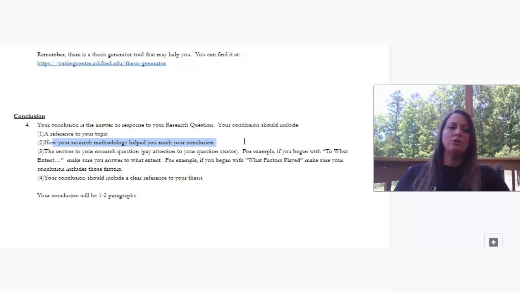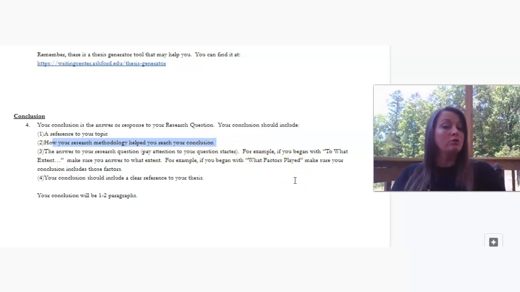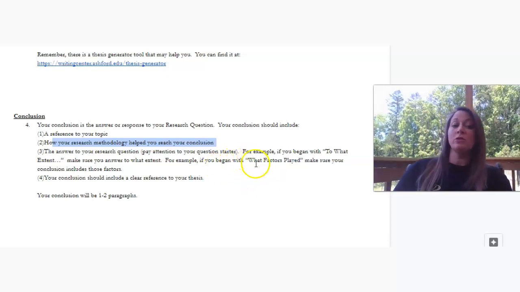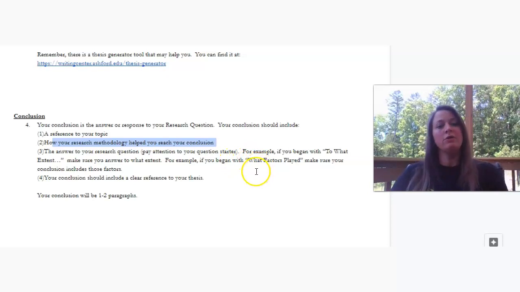And then the answer to your research question. Pay attention to your question starter. For example, if you started your research question with "to what extent," then your conclusion should have "to what extent." If you began your research question with "what factors played a role," then make sure in your conclusion you include